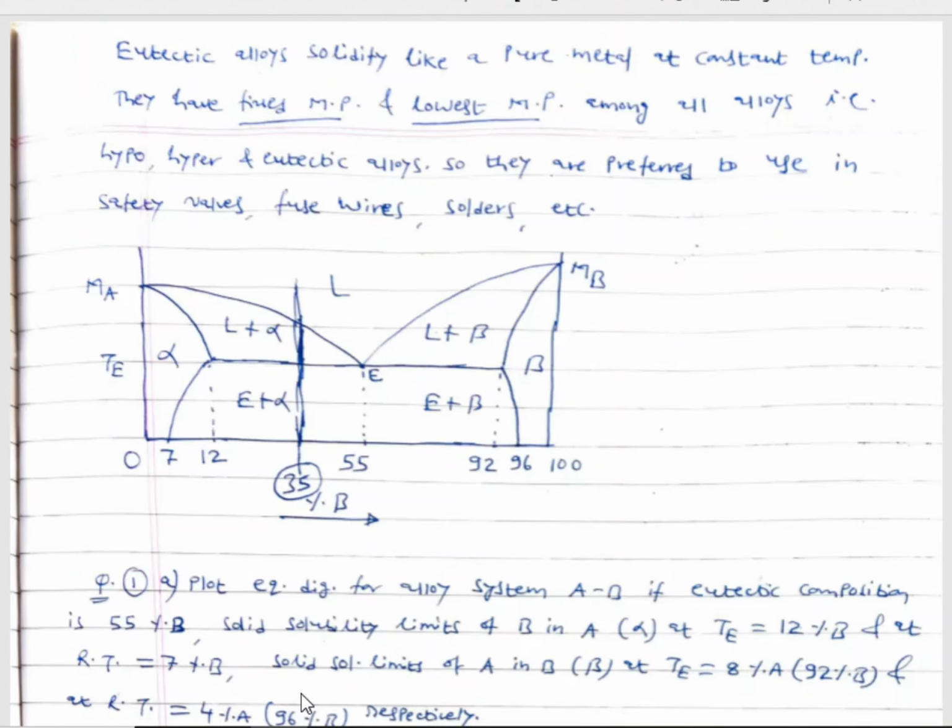That is a hypoeutectic alloy. In this example, you can see the alloys having less than 55% B will be kept in the category of hypoeutectic alloys, and alloys having more than 55% B will be kept in the category of hypereutectic alloys, and an alloy having exactly 55% B